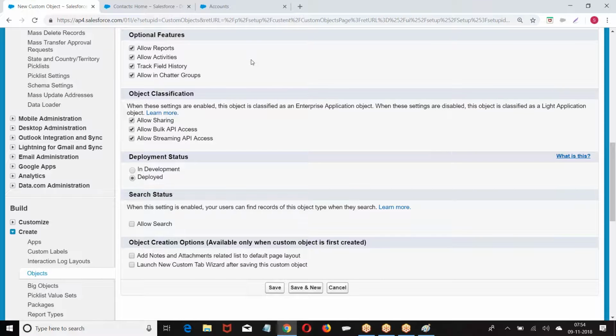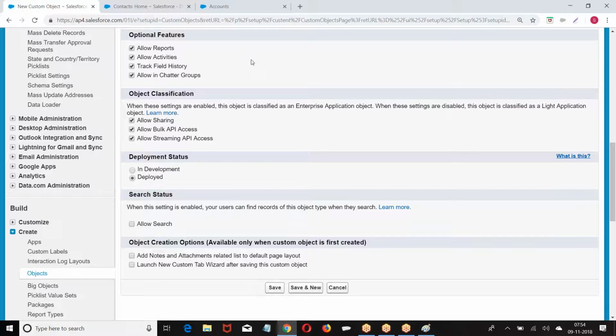Now they are asking, is it a Lightning or an enterprise application? Lightning is a single page application. Enterprise is a regular application. Now if I enable all the three, allow sharing, allow bulk API, allow streaming API, it is an enterprise application object.